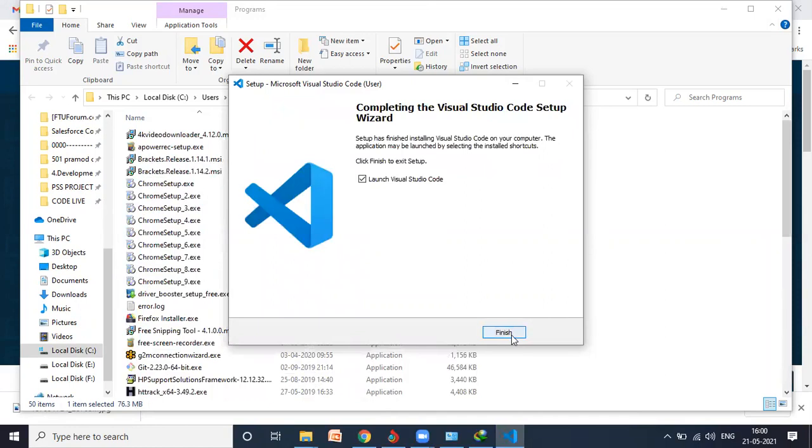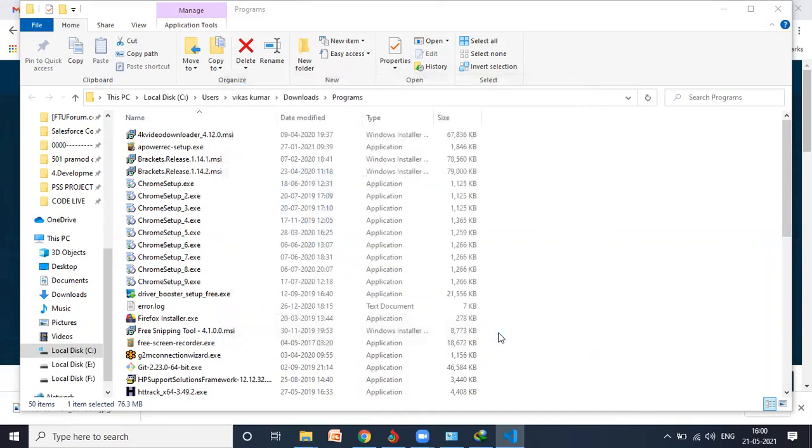Okay, the option came as launch Visual Studio. Now once I launch Visual Studio, since I already synced my Visual Studio with my Gmail, automatically maybe extensions start downloading on it, but no problem, I will still explain what are the things we need. So let me click on finish.